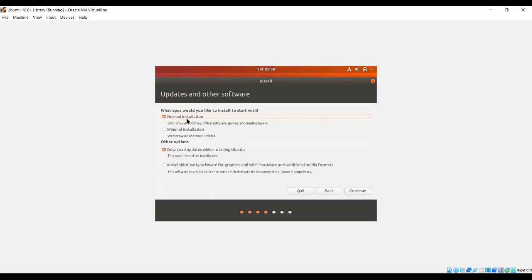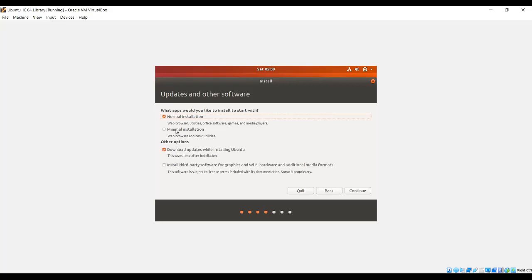Let me tell you the difference between normal installation and minimal installation. If you want full utilities, a web browser and office software, then you need to proceed with normal installation. If you are going to use it as a server only for your Koha or DSpace, and you do not need other utilities, office software, games and media players on that machine, then go with minimal installation, as it saves our disk space and utilizes less of our RAM.